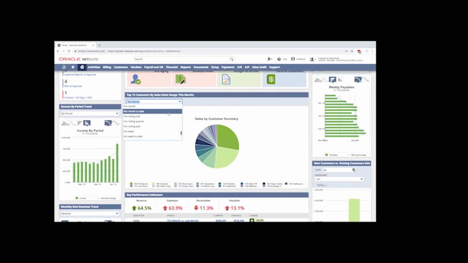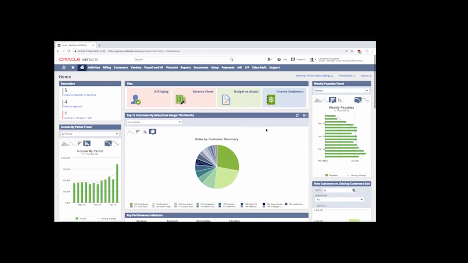I could change this and see maybe this rolling half. And we should see slightly different numbers as well. Let's change back to the current period. And we'll also show the ability to toggle on and off customers. So let's say I took away my highest percentage customer here with 27%. I can just toggle down here, remove it, and now I'll notice that without that, the second place customer now takes up 33%. So just some of those ease of use functionalities in any of these reports and dashboard trend graphs.